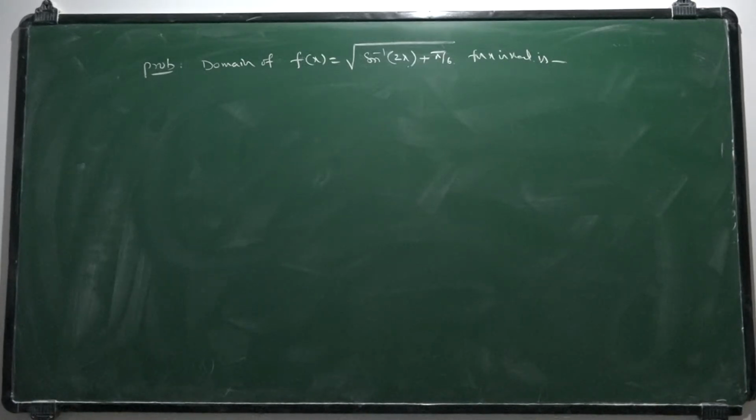The domain of the function, square root of sin inverse 2x plus pi by 6, is